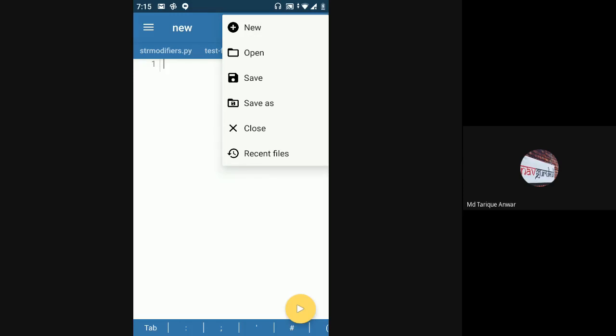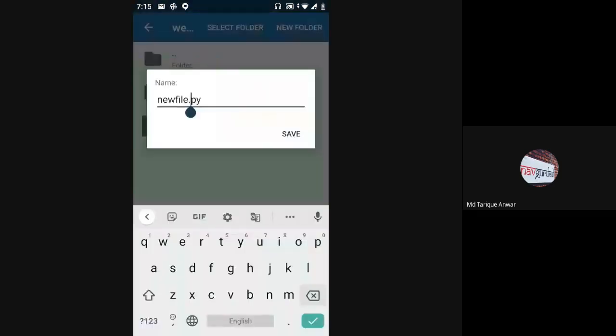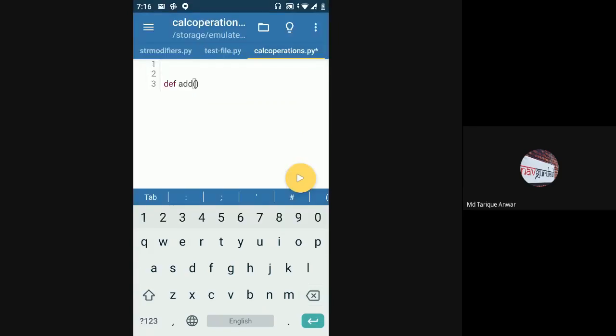I'll save it here itself. I'll use the same calc operations dot py, and I'll make it have the add and subtract functions, just two for now.